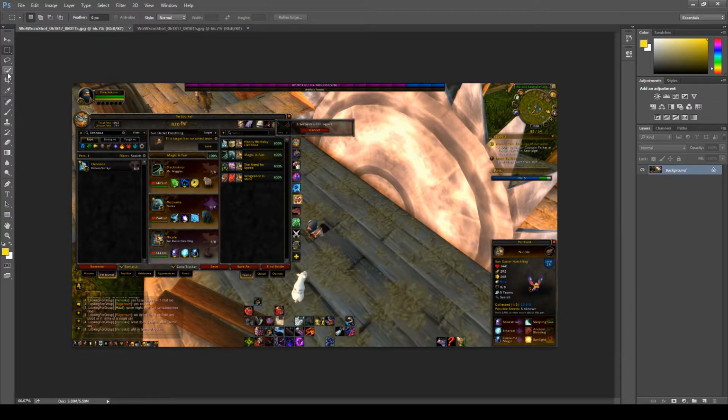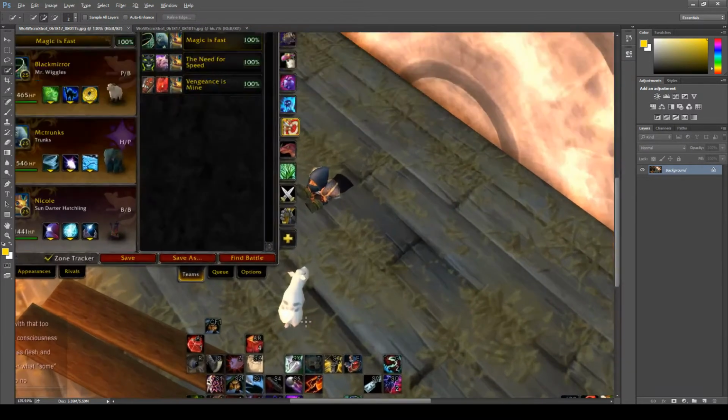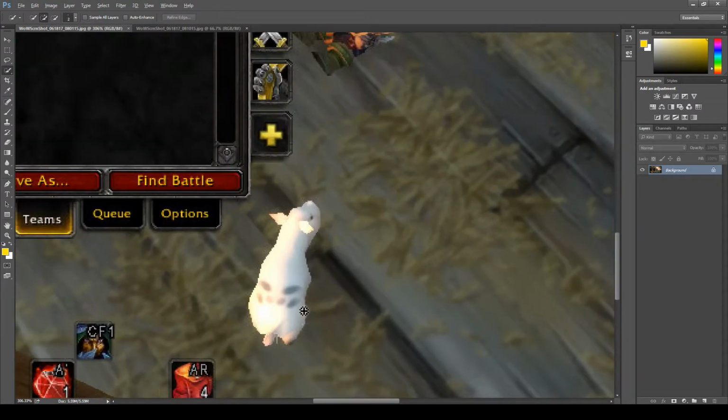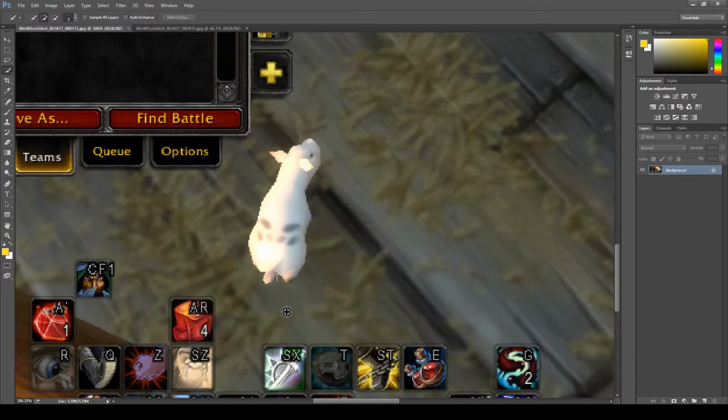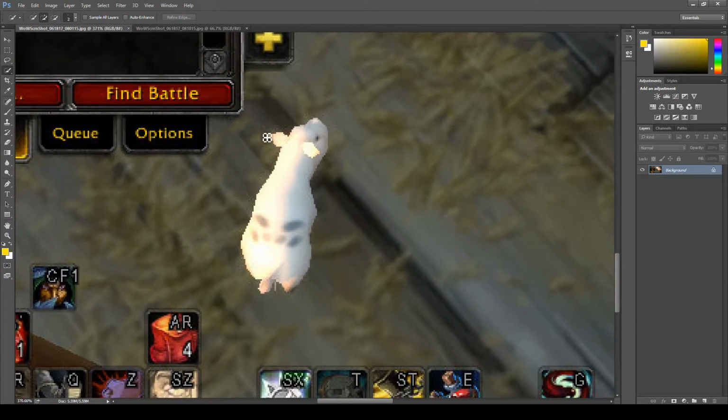And we're going to use this marquee tool, have the plus sign active, not the minus or the other. I prefer using the plus. We're going to come here, Alt scroll to zoom in, so you can zoom out or scroll up to zoom in while you're holding the Alt key. Otherwise it'll just do that. That's not helpful. We want to zoom in like this. We want to select Mr. Wiggles. Then all you have to do is have this tool, and then that